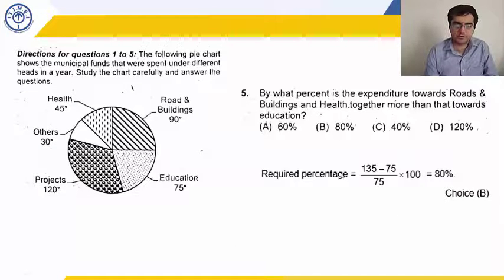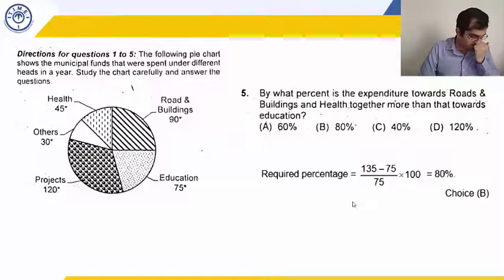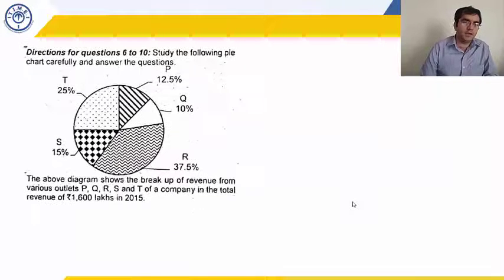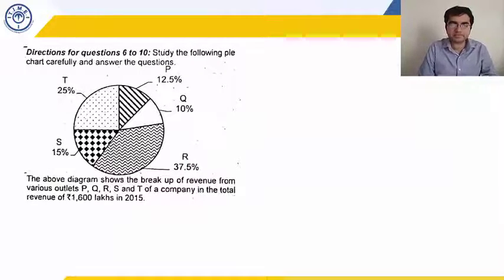So you should write over here on top of 135, you write it as 90 plus 45, just like an arrow for your understanding later. 90 plus 45. Okay, next data. Question number 6 to 10.